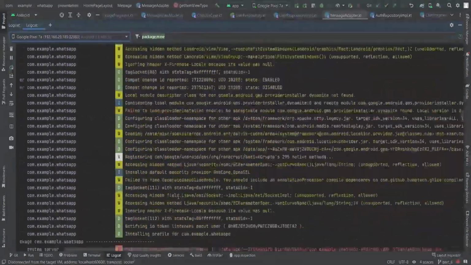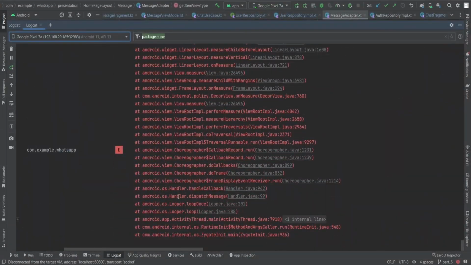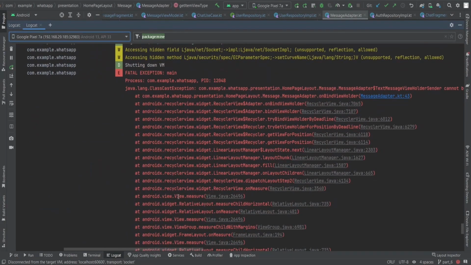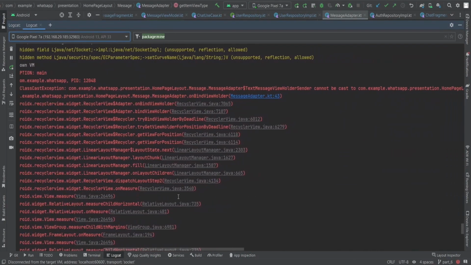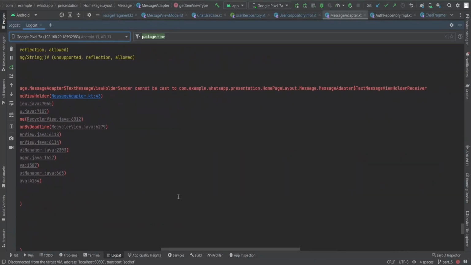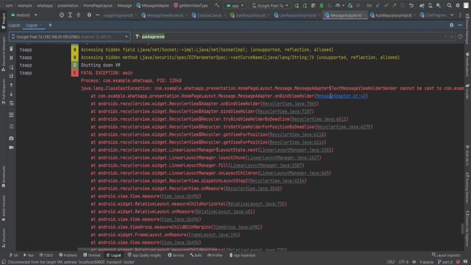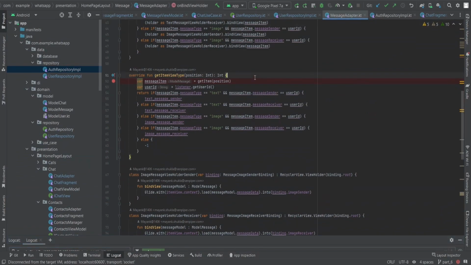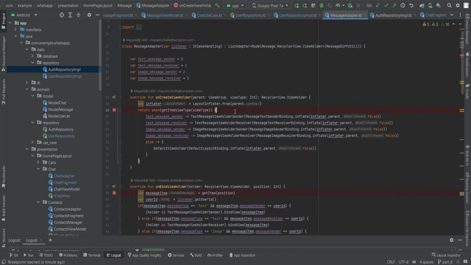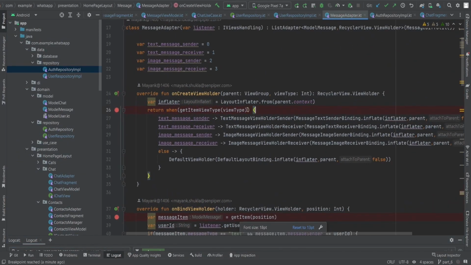Let's see why it is throwing an issue. Now you can see "cannot be cast to text message view holder receiver". This is interesting, there is some issue here.